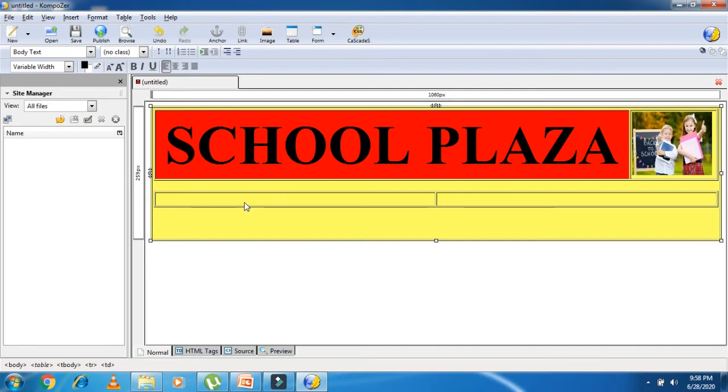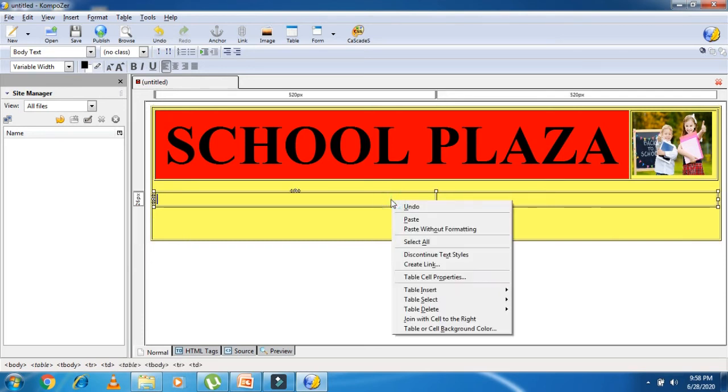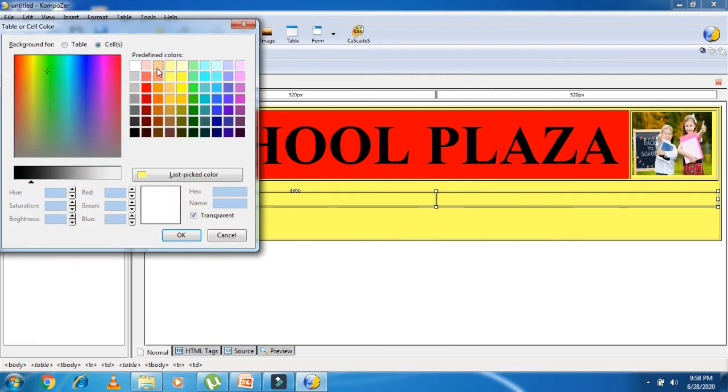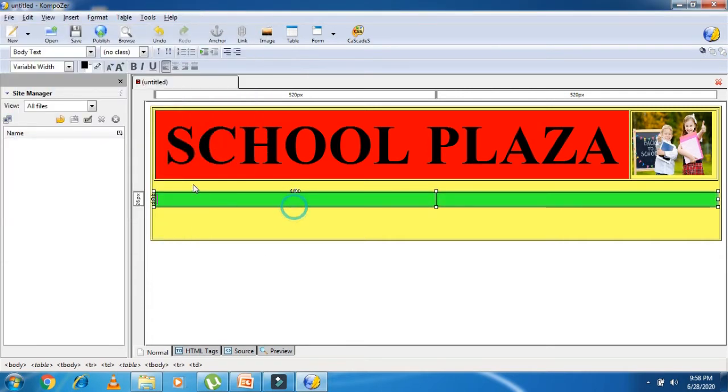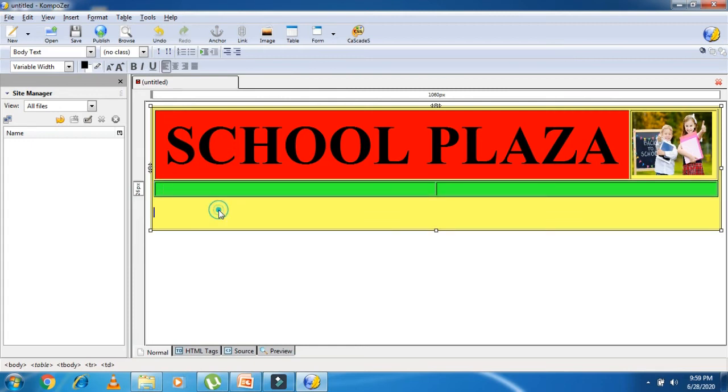Okay, now if you want to change only this border color, how to do this? Again, right click on this cell, table or cell background color. So I select table again and set the color. Okay. And if you want to adjust this space, then press the delete option, so it will be set over here.